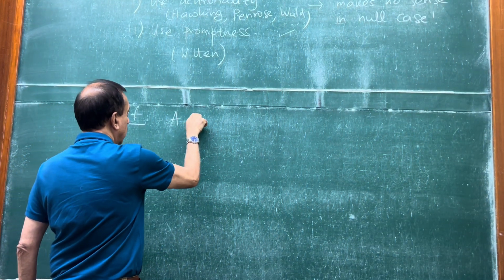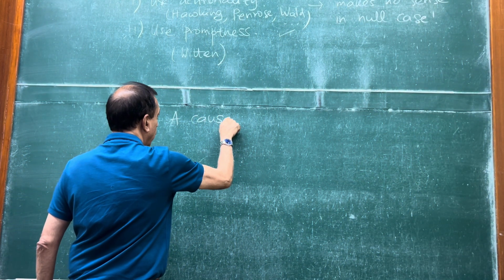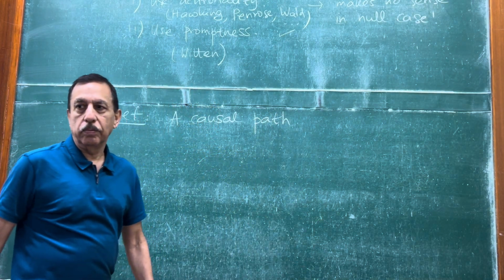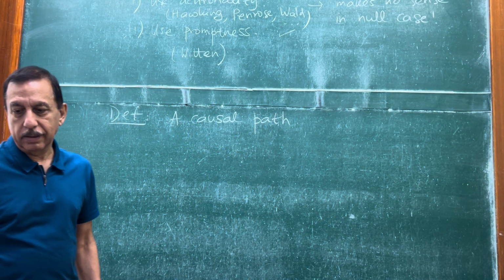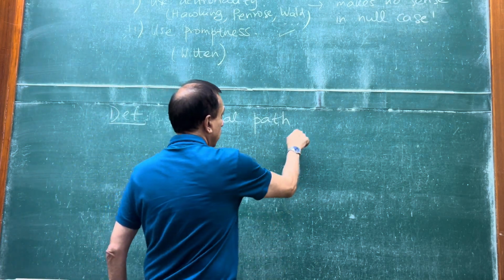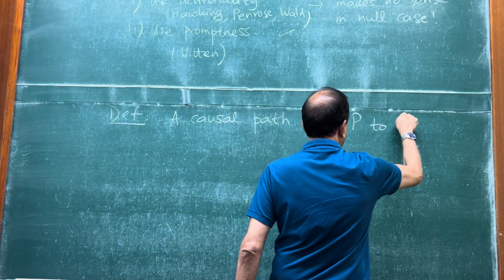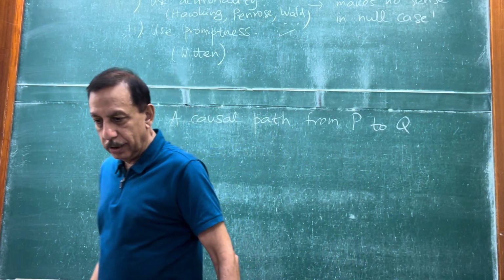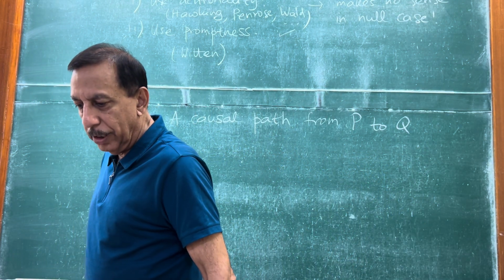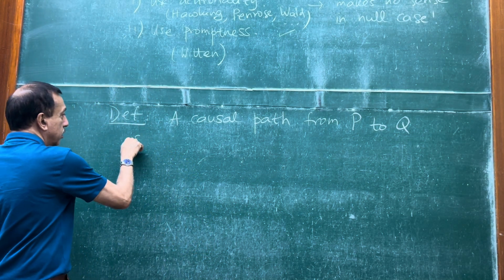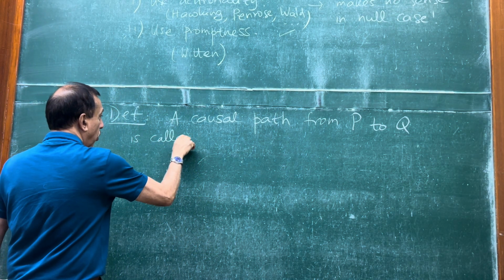So we consider a causal path. We don't at this stage insist that it should be a geodesic, nor that it has to be null, but it goes from a point P to a point Q in a manifold. At the moment, we also don't assume the manifold is globally hyperbolic or anything special. We'll say such a path is called prompt